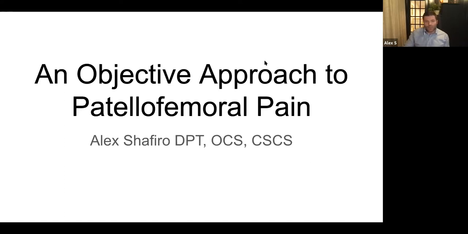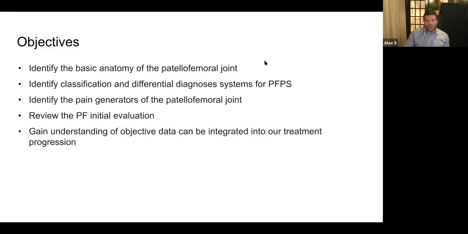Looking at patellofemoral pain in general, we'll go through some basic anatomy, some classification, differential diagnosis, some pain generators, talk about the evaluation, and then look at the understanding of objective data and how it can be integrated into our treatment progression and evaluation. But really, this isn't about teaching anyone how to treat patellofemoral pain specifically. I just want to get on the same page in the beginning. What I more want to do is take a look at how the integration of objective measurement can be looked at